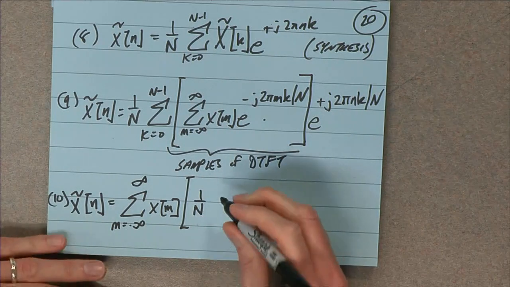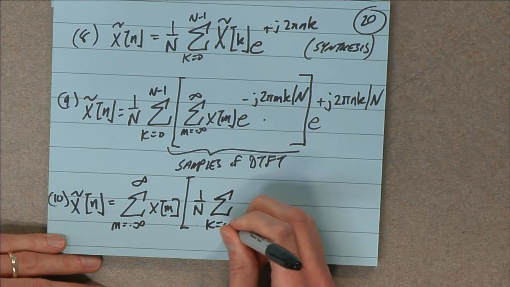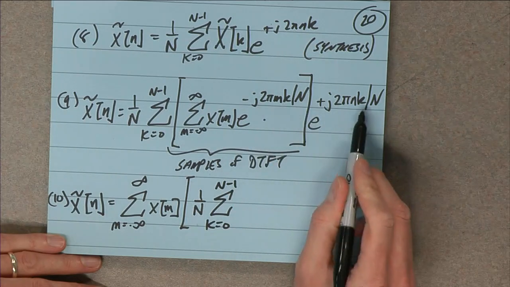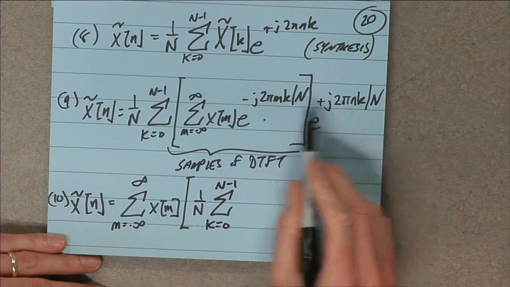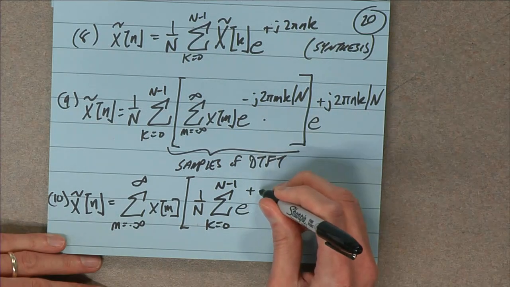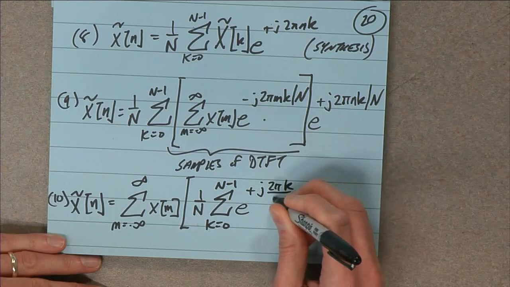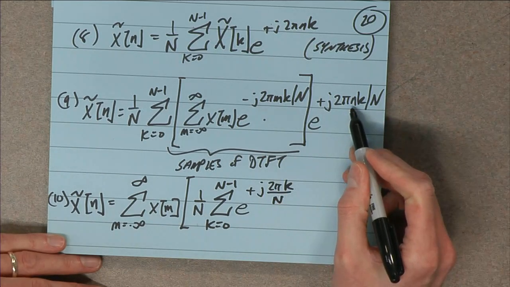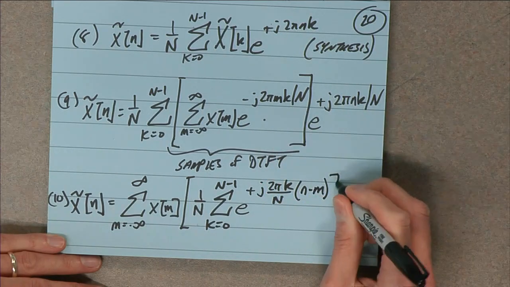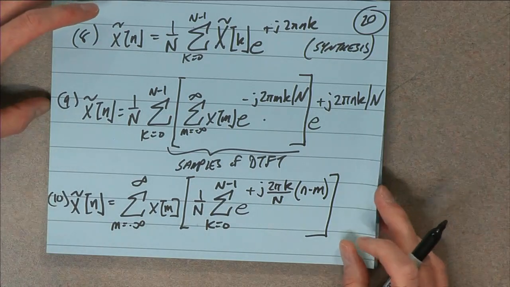And we've got a summation from k equals 0 to n minus 1. But now we've got these two kernels together, the m and the n. And so that's plus n minus m. So let's just write this all nice and easy as plus j 2 pi k all over cap N. But I have a plus n and a minus m, so that gives us this. So we're making progress,